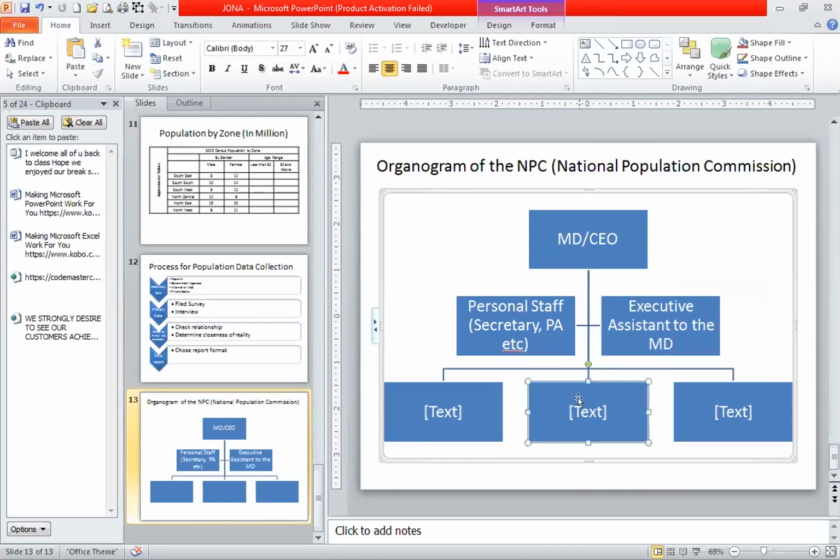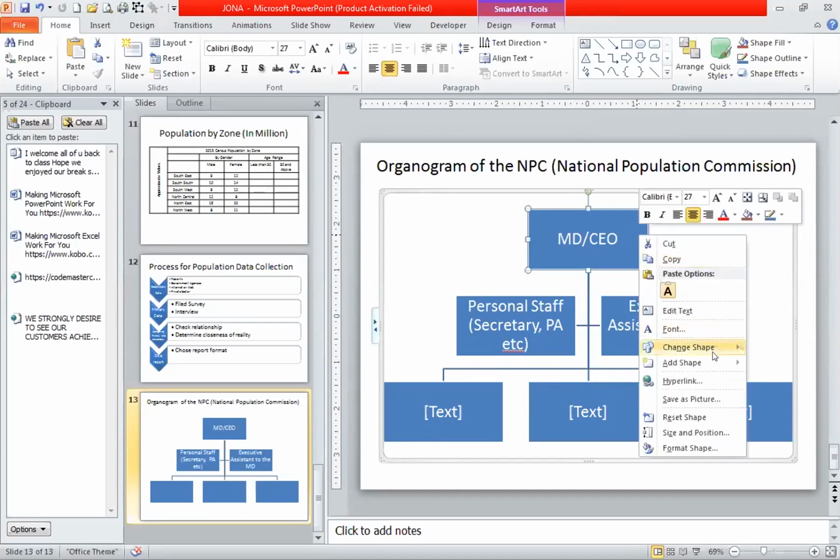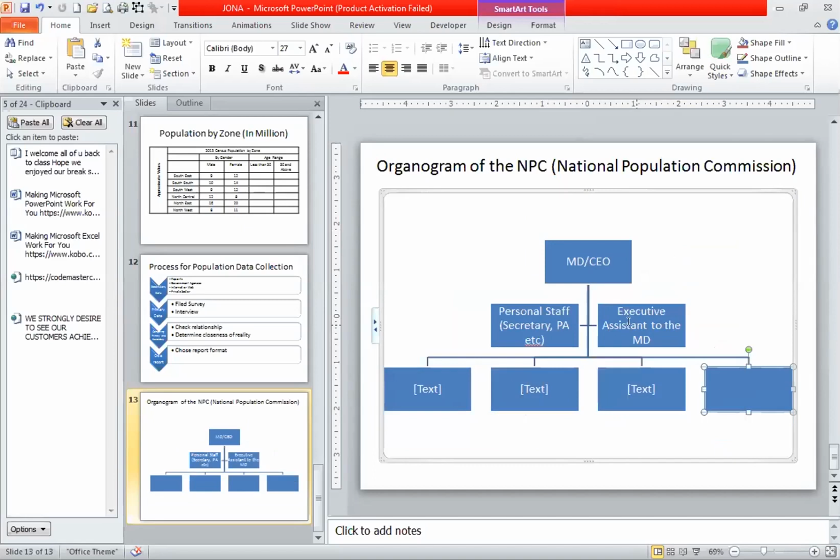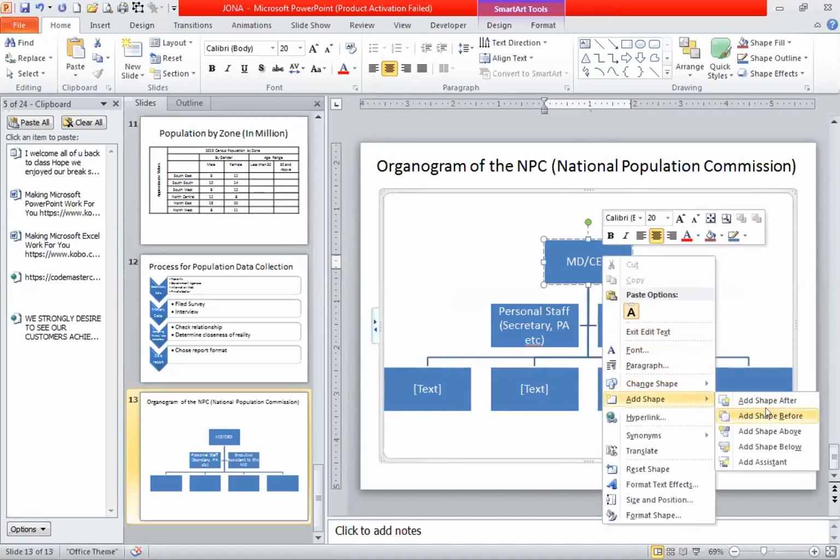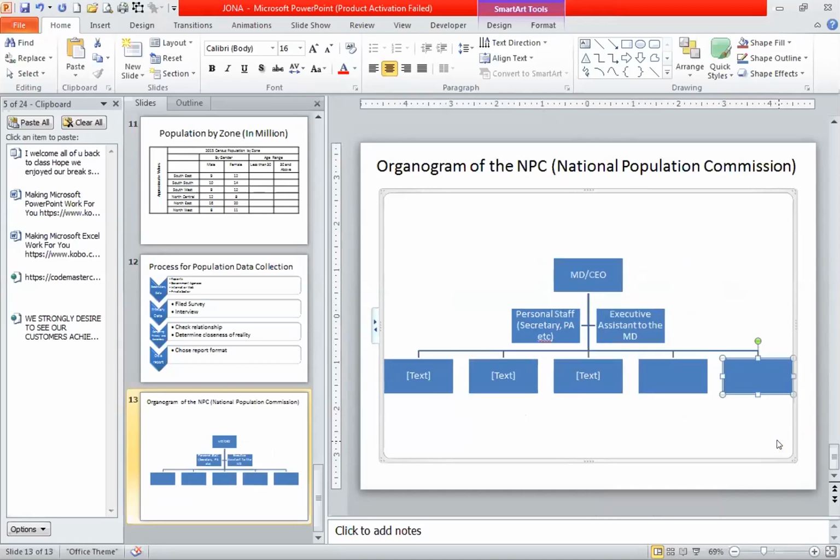So this one, let's assume it's not reported. Let's assume it is 5 people, 5 directors that are reporting to him. So you can add 2 more. You can come to this place and say add shape below. Do you see? It's different from assistant. So you can also click on this and say add another shape below. Do you get? So you can now call this one director